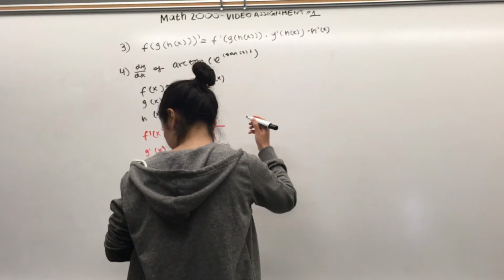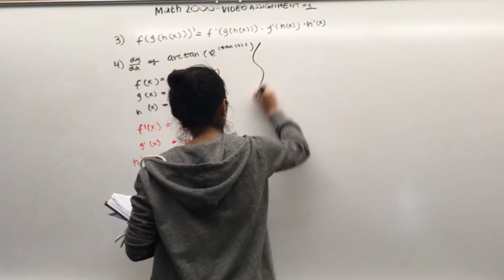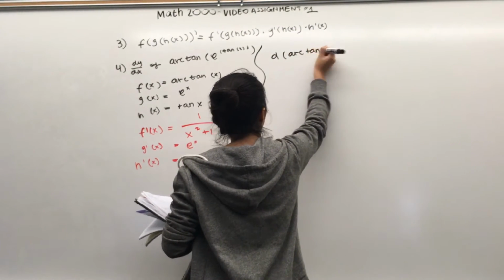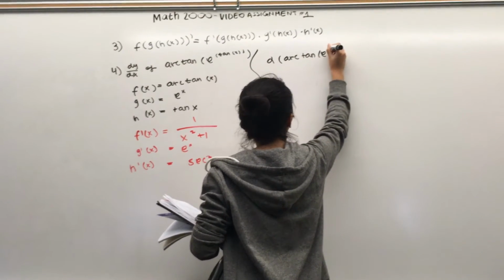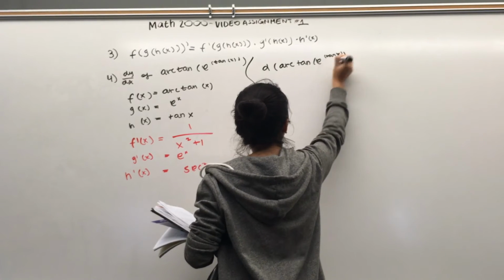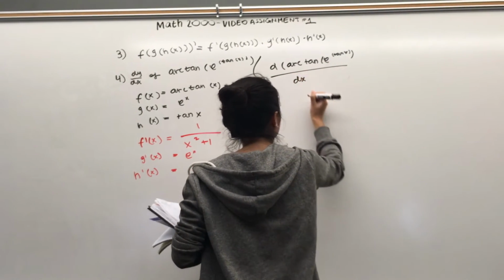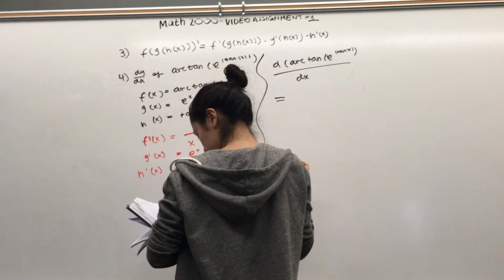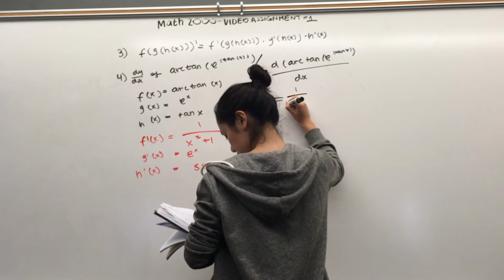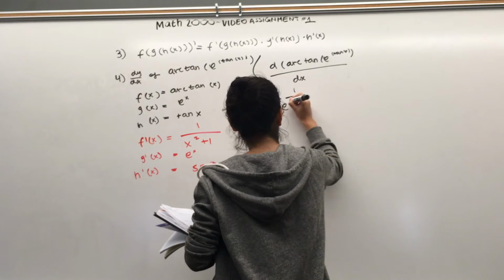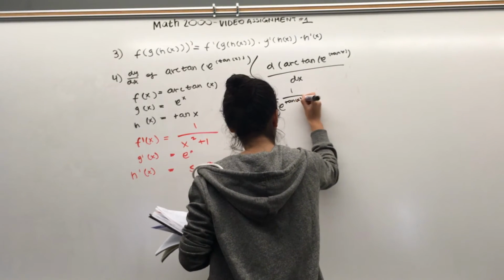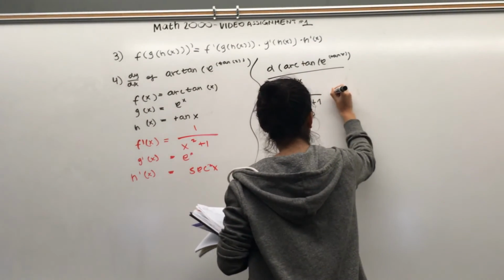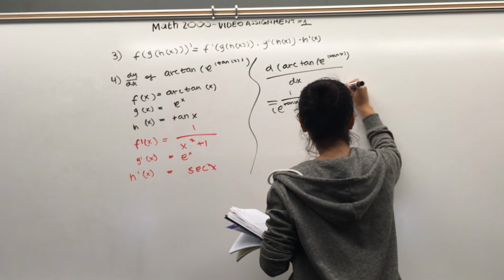So we would have the derivative of arc tan of e to the power of tan of x with respect to x equal 1 over e to the power of tan of x, squared, plus 1 times e to the power of tan of x